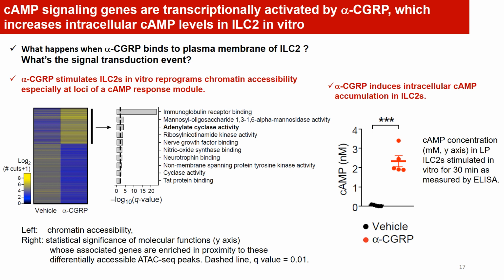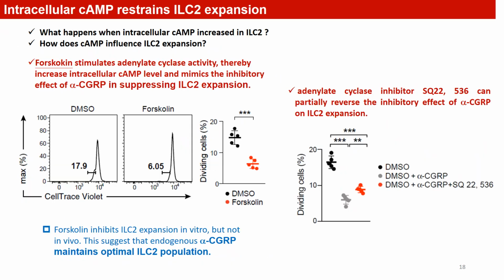To know what happens during alpha-CGRP treatment, they also measured cyclic AMP level after 30 minutes of alpha-CGRP treatment. As you can see in the right panel, the cyclic AMP intracellular level has increased significantly after 30 minutes of treatment. Knowing that alpha-CGRP treatment can increase the intracellular cyclic AMP level in ILC2, but what happens when